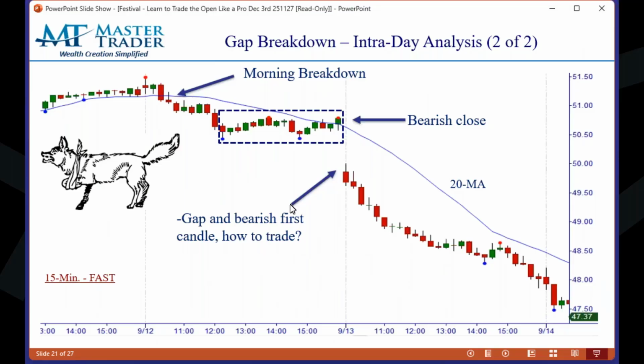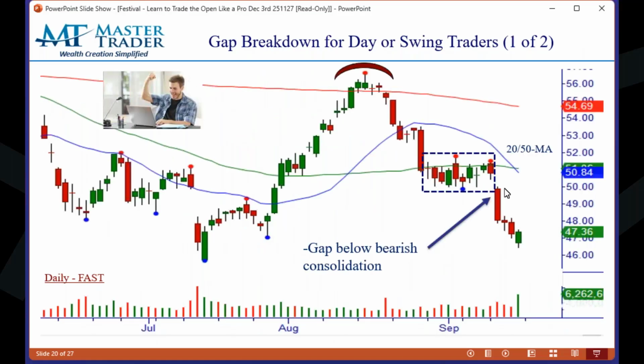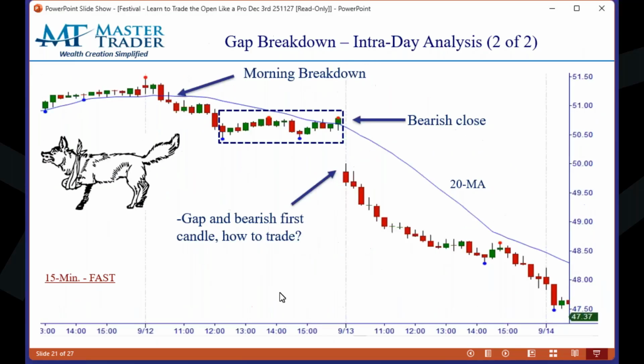Now I sit back and I want to see how far can this wounded animal run. And based on this closing bar with a topping tail, the answer is he's wounded. He can't bounce. Look at my daily chart, bearish. Notice no topping tail. It can't bounce. So this is a perfect example